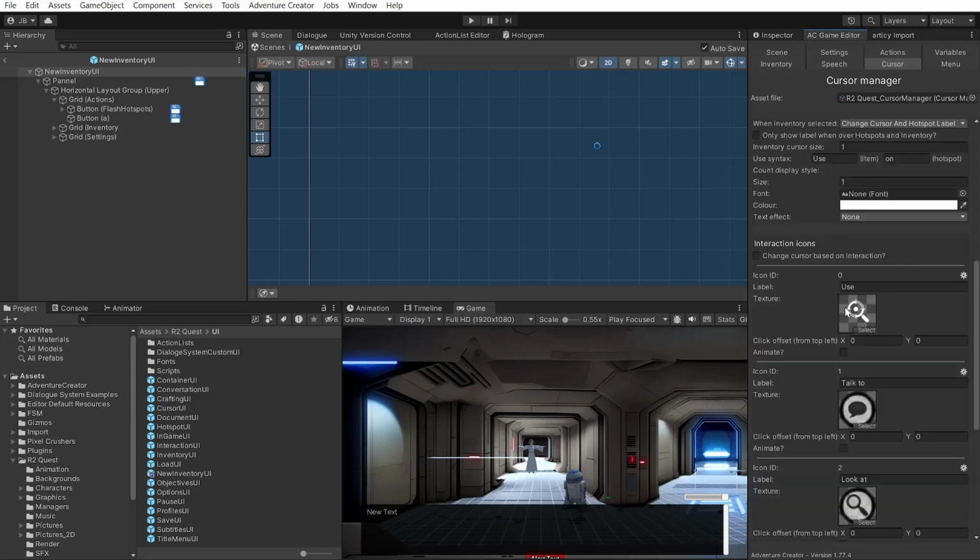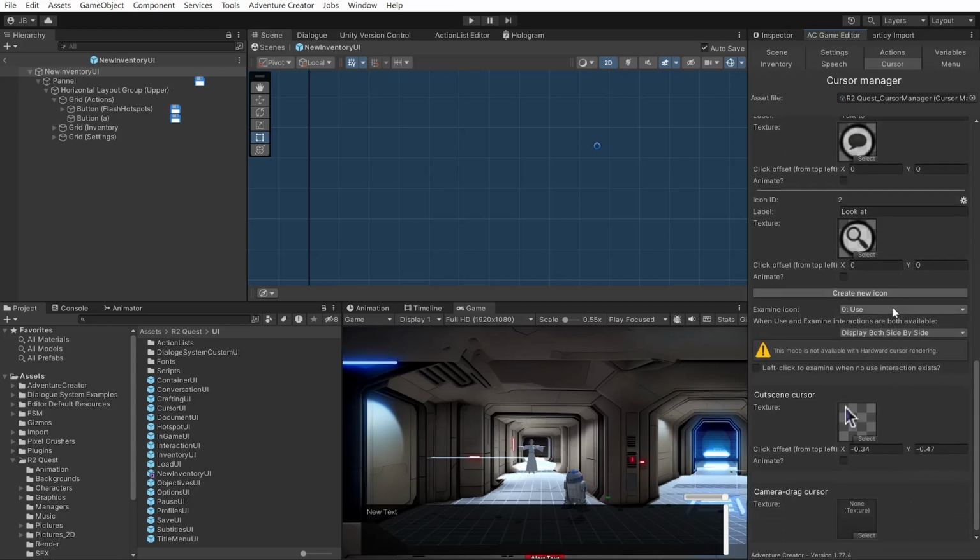While using hardware, the alternate cursors will not scale down, so I had to change this icon and make it 64 by 64 pixels. It was bigger, but I had to physically make it smaller. Otherwise, I would get gigantic icons. The cutscene cursor, I also had to make look the same as the main cursor. Otherwise, when